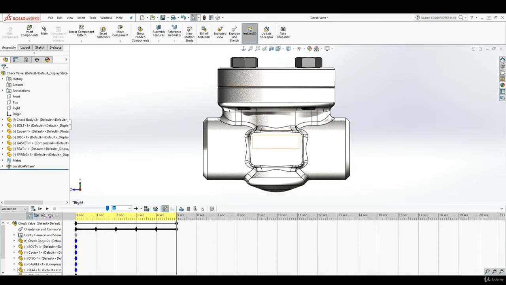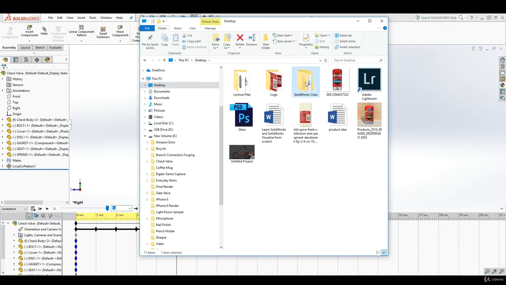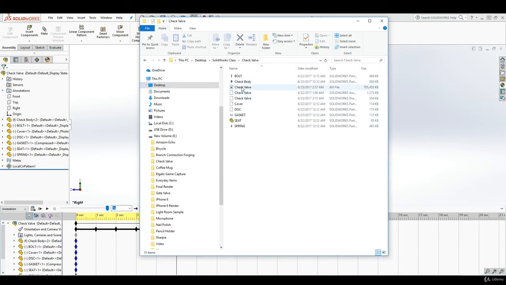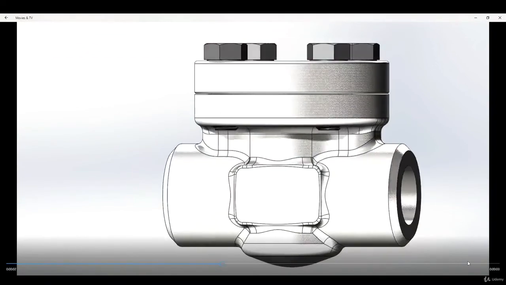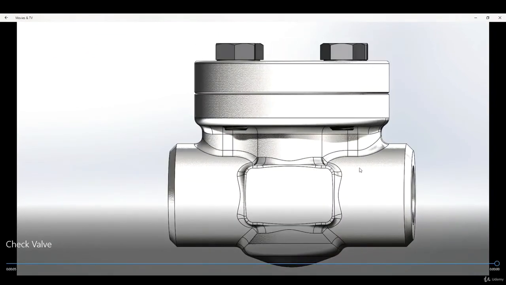So what we need to do is browse to our file location. I browse to my file location and select my check valve, and you can see now the video for this animation has been added there, and when I play, you can see our animation playing for 5 seconds. So that is how you do your first rotate